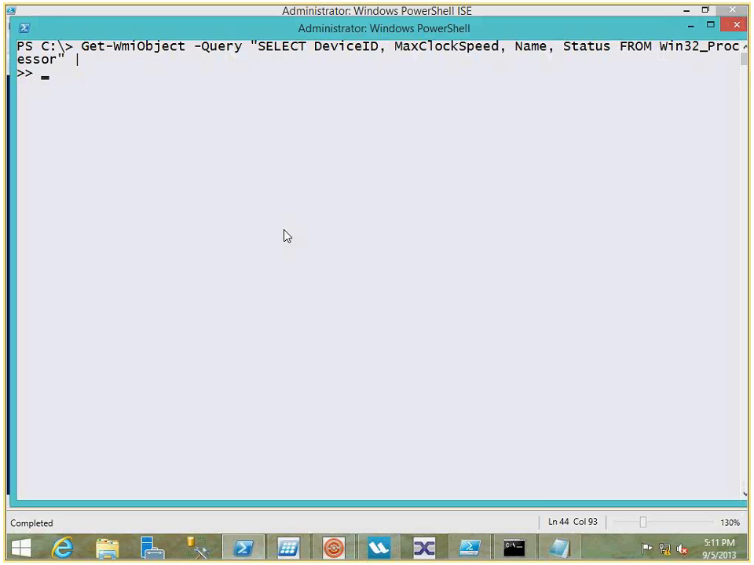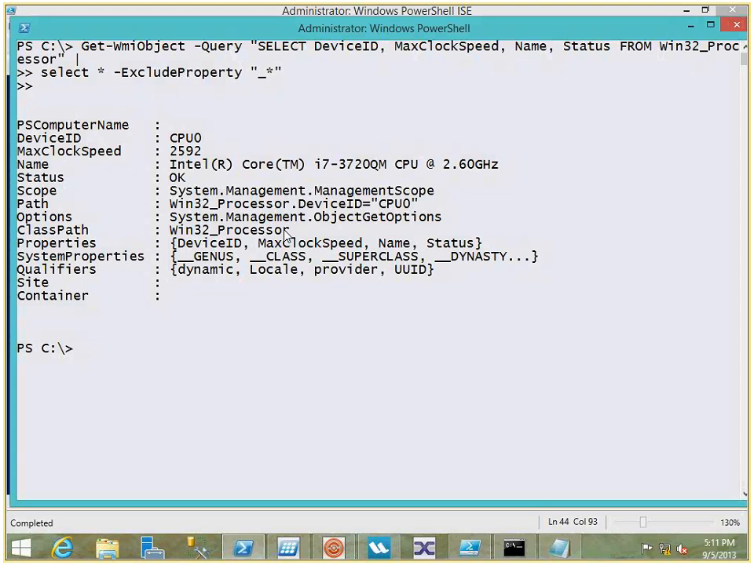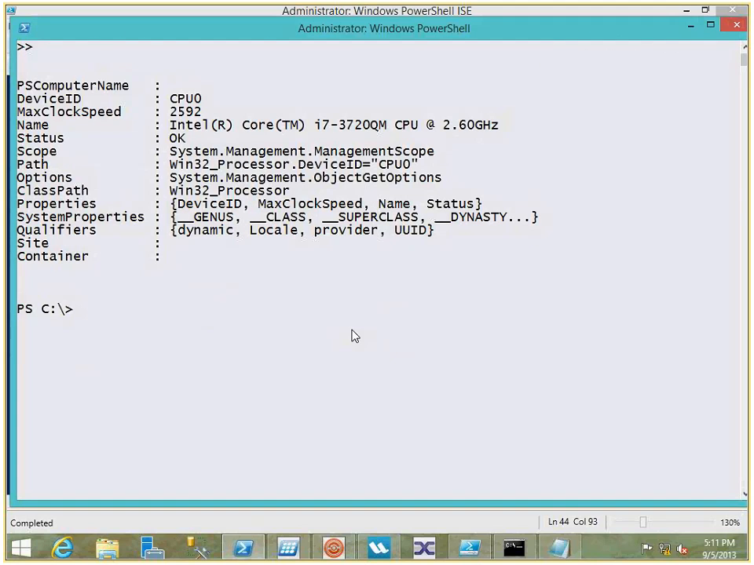And what I want to do, I actually want to pipe it to select, and that's an alias for Select-Object. So I'm going to say all the properties, and this is actually one of the only times I ever use the ExcludeProperty parameter, because what I want to exclude is underscore star. So it's going to give me all the properties, except for those system properties with WMI object, with Get-WmiObject. Now, it did give me a few additional things,